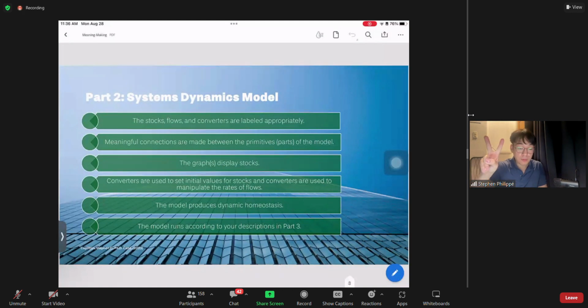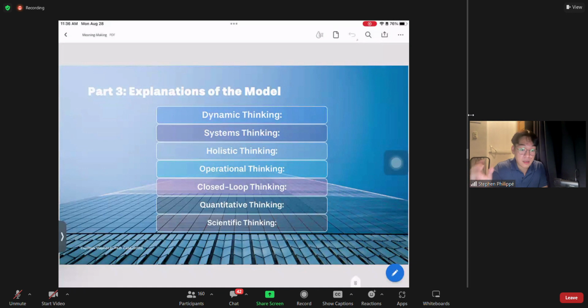Next is the systems dynamics model. The technicalities of it, I will just give you the link because it will take a lot of time. So the models will run according to your descriptions in part 3. And these are the system explanations of the model. You can just choose one, okay? Because there are many types of thinking. So the systems thinking,